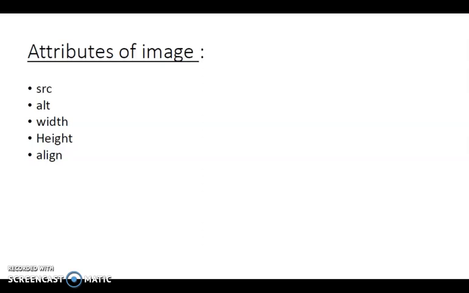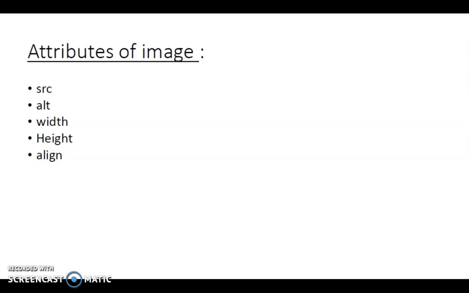Now you can see the attributes of image. Source and alt are the basic attributes. Other than that, you have a width attribute, a height attribute, and an align attribute. The width and height attributes are used to set the height and width of your image. Now alignment. What is the meaning of alignment?